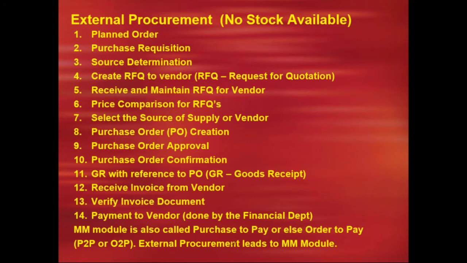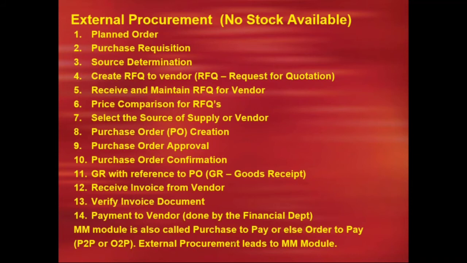Once the purchase order is created, if it has to go for approval, purchase order approval takes place, which will be approved by your manager, senior manager, vice president, CEO, whoever it may be. Once the purchase order gets approved, it will be sent to the vendor. The sending of the purchase order may be through mail, courier, fax, whatever the company is following. The purchase order will be sent, the vendor will receive it, and as per the PO information, he delivers the material.